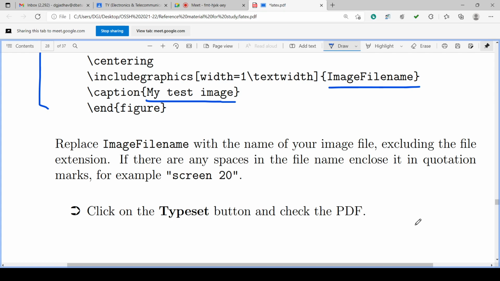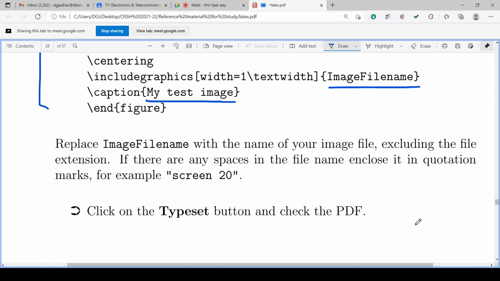Maybe JPEG or maybe GIF or maybe PDF. Isn't it? In those forms you can save the image. So image file with the name of your image file excluding the file extension. The file extension is not there. It is excluded.